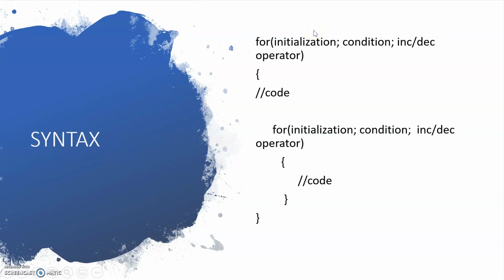Writing a for loop inside another for loop, we call it a nested for loop in Java. So this is how the syntax is going to look. We can write n number of inner for loops. There are no restrictions on it. So let's see how it's going to work.